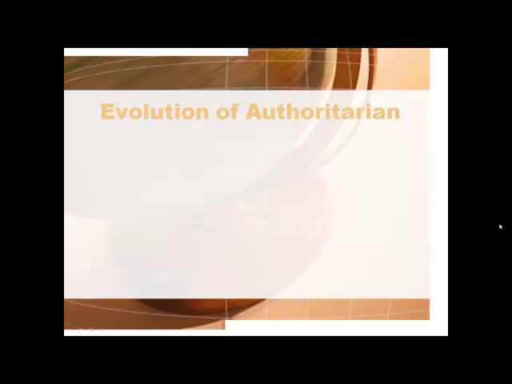Now, the evolution of authoritarian, this is the last slide for this part 1, is going to be from the earliest forms to the most complex forms of authoritarian governments. We have much more variety in forms of authoritarian government than we do in democratic governments. The first is anarchy. This is the natural state. And we could argue, well, how is this an authoritarian government?